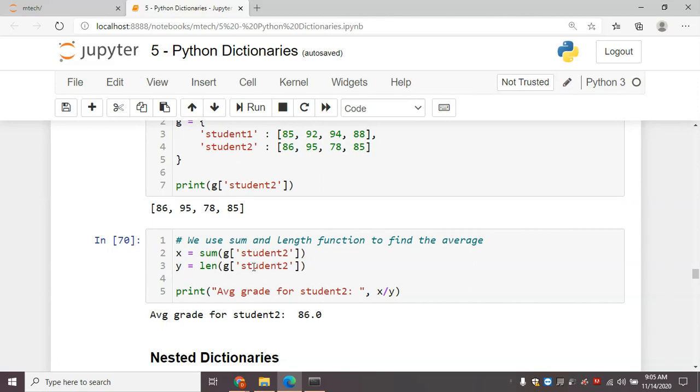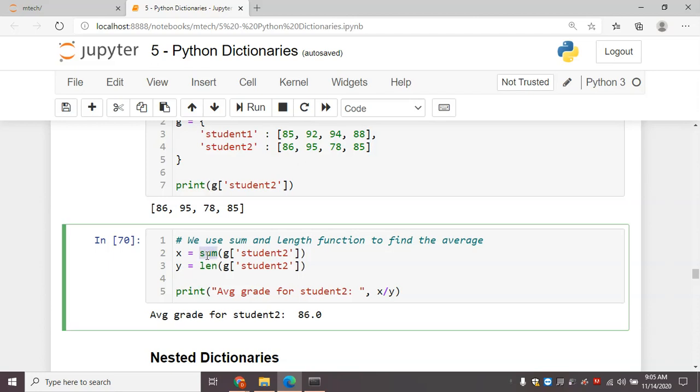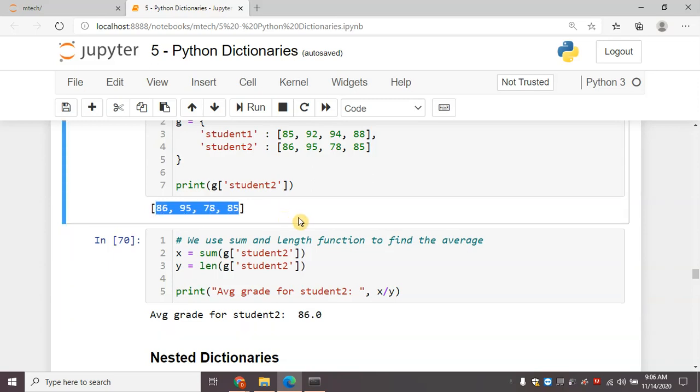For that, I'm using the sum and length functions. I'm getting the sum of student 2 marks and the length of the student 2 marks. I divide the sum by length and I got the average. So 86 is the average mark of the list of student 2.